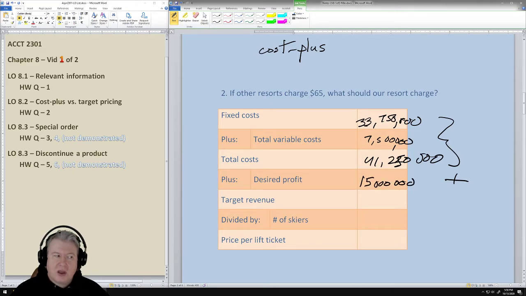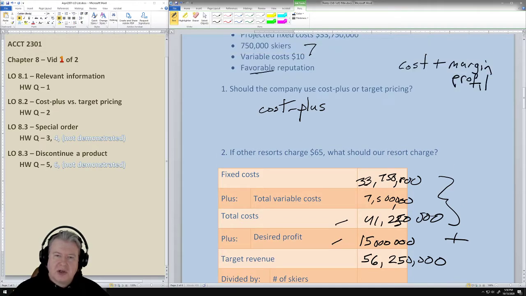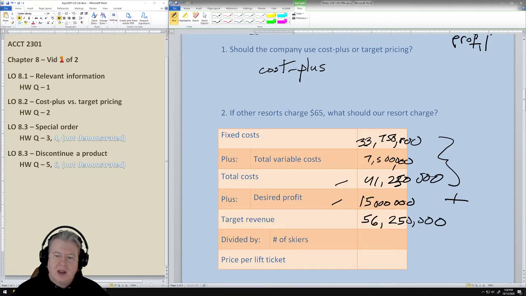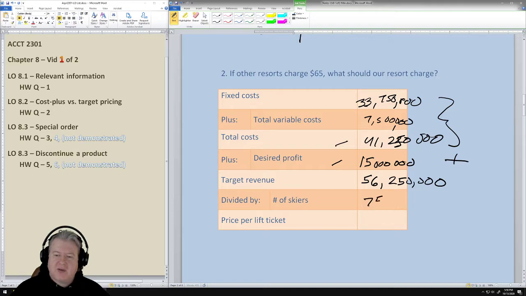So 15 million, when you add those up, you're going to say, okay, the total revenue that we're going to shoot for is this, 56 million. That's because that'll cover the 41. It'll cover the 41 and it'll cover the 15. Well, how many skiers? Well, we're projecting 750,000 skiers, right? So if we're projecting 750,000 skiers, we're going to charge, and you work all those numbers out, it ends up becoming